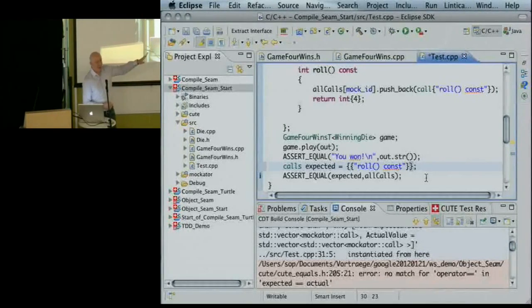So that's how it's expected to work. You get this infrastructure to collect the calls and then record the calls and then assert all calls with the expected stuff. We have more features in Mercator,